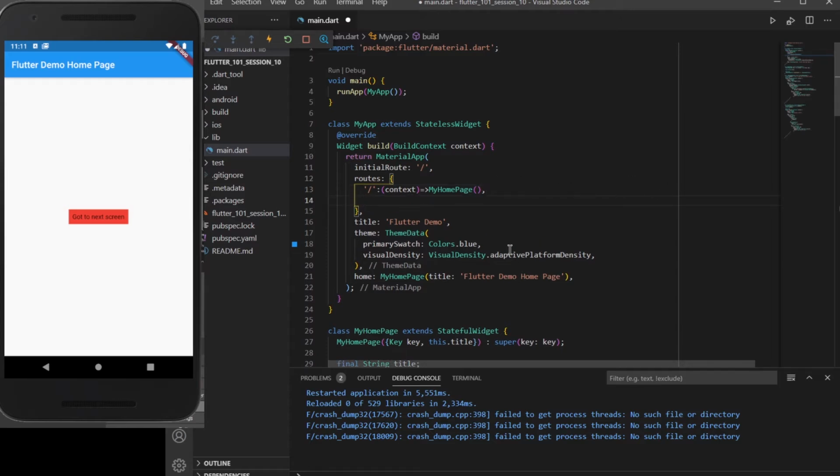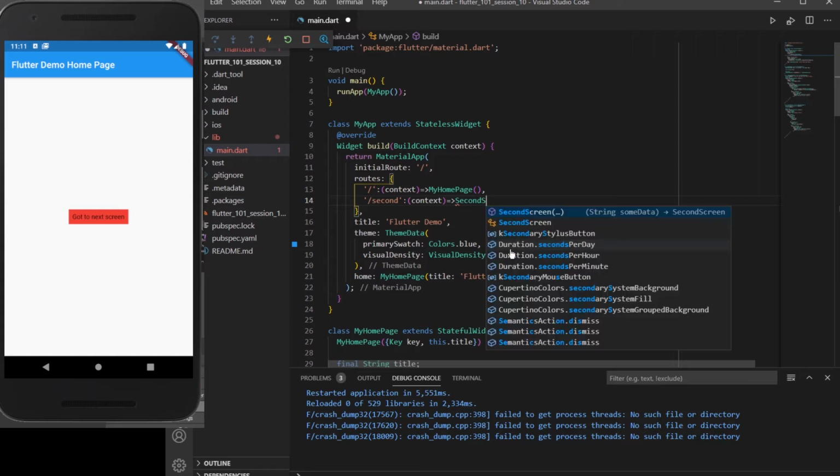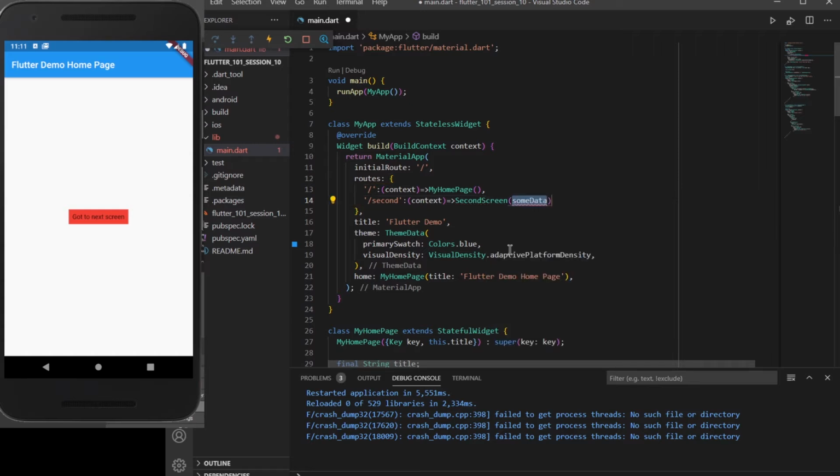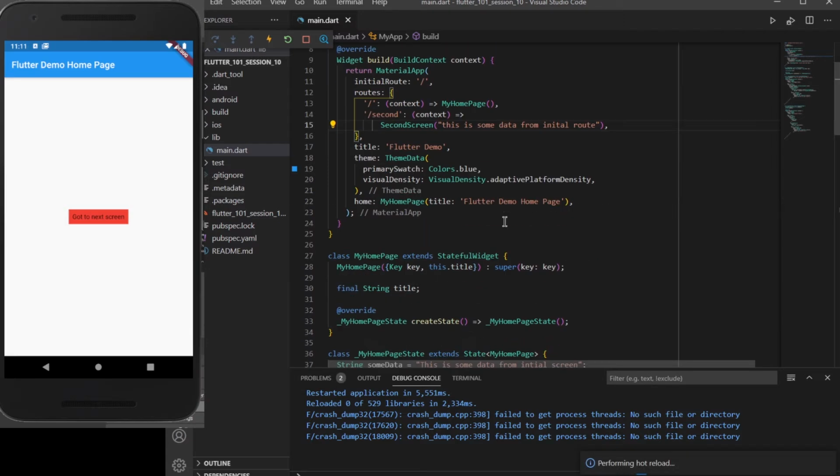So slash second, and for it I want my context to be set to second screen, and we need to pass some data in it. So here I'll pass 'this is some data from initial route'. This is the second route which we have inside our Flutter application.